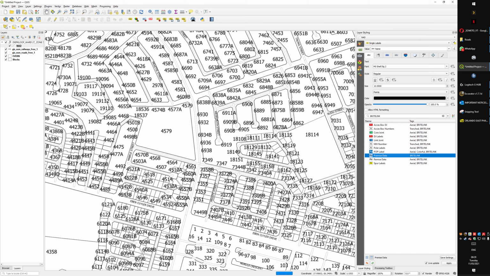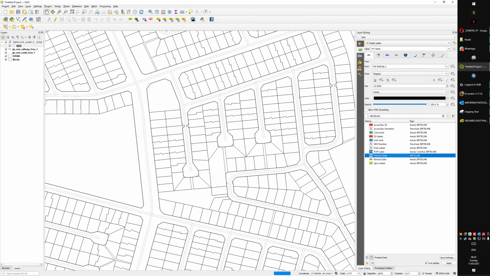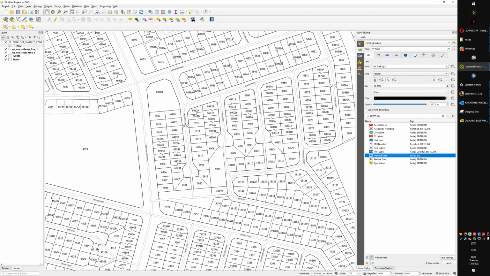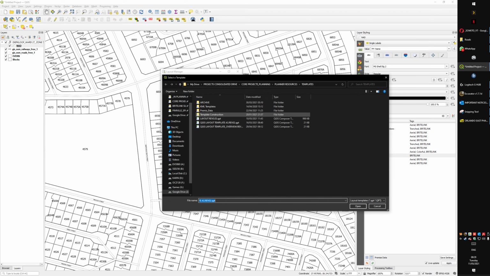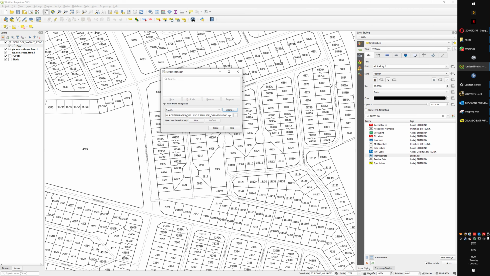Okay, so one thing we can see here is that it does require a bit of space for all of the data to show. So what I'm going to do is pull in the QGIS template for an overview, and I'll create this. Let's see, this will be Kloof survey overview, and then